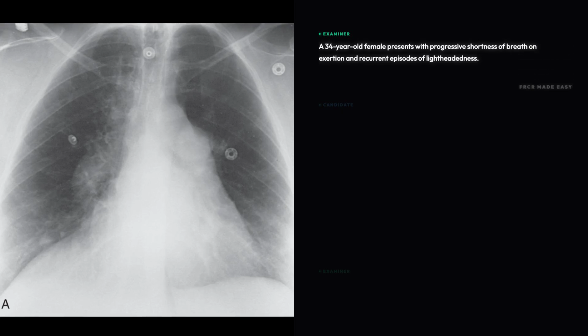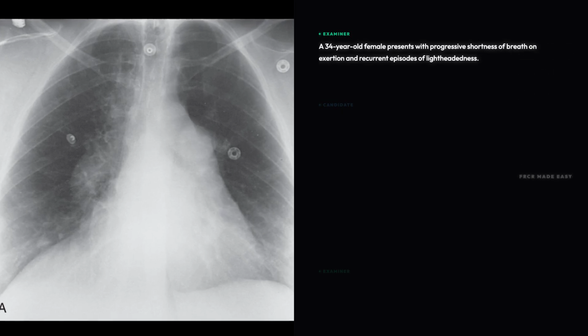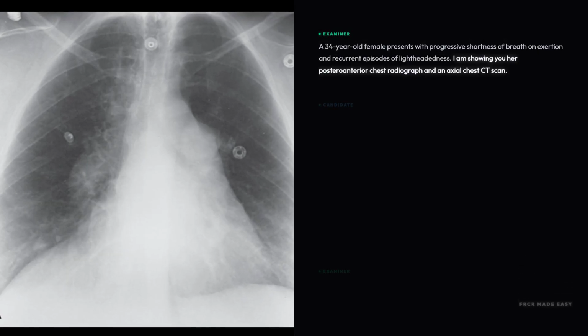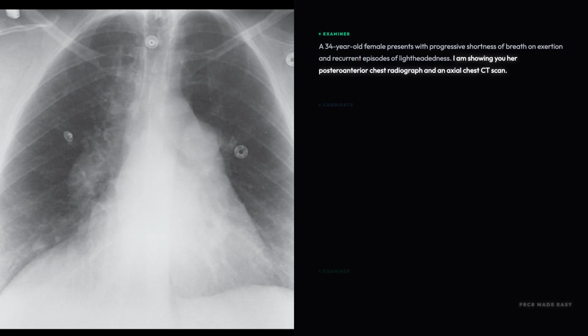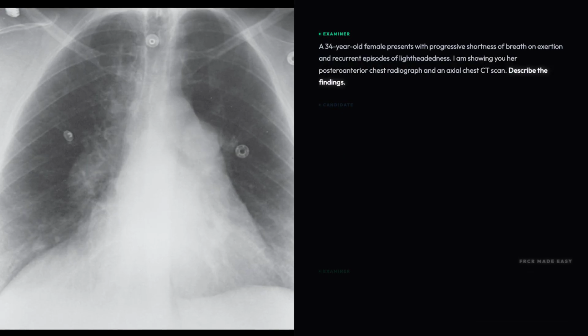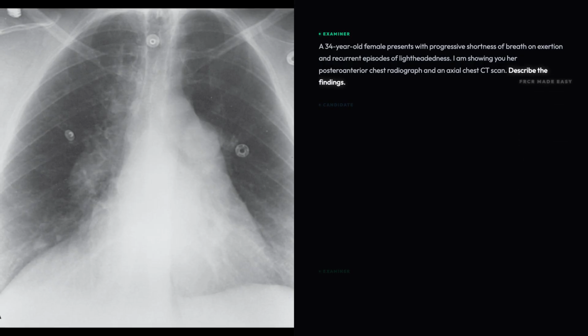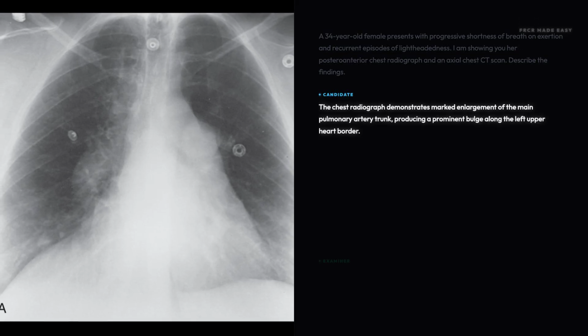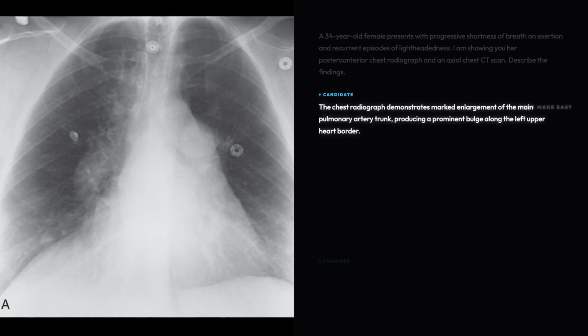A 34-year-old female presents with progressive shortness of breath on exertion and recurrent episodes of lightheadedness. I am showing you her posteroanterior chest radiograph and an axial chest computed tomography scan. Describe the findings. The chest radiograph demonstrates marked enlargement of the main pulmonary artery trunk, producing a prominent bulge along